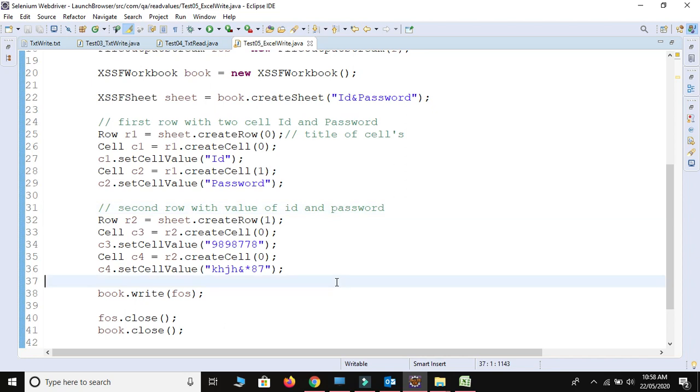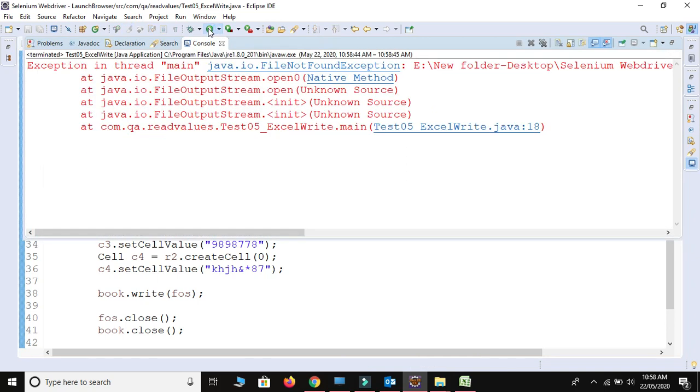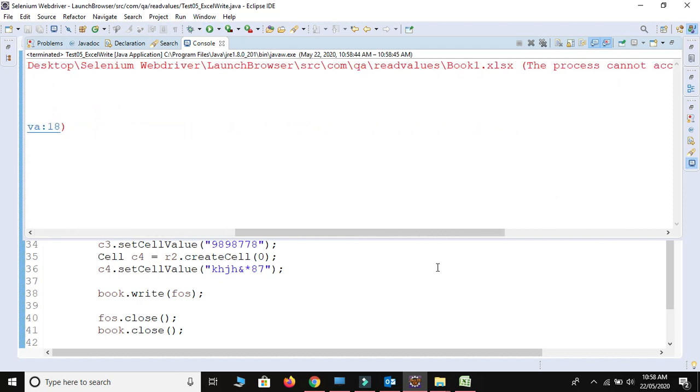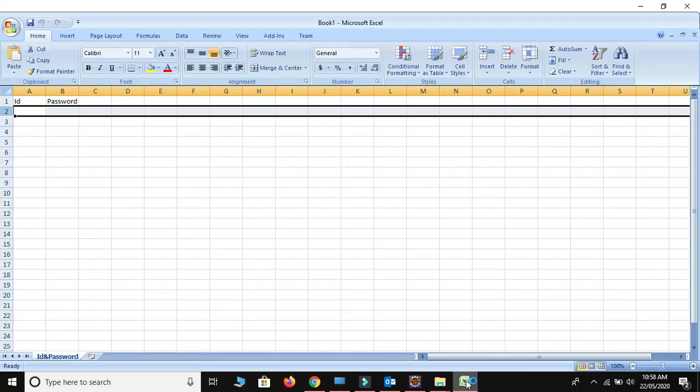So as of now we don't have any ID and password, so let me run this code. It will reflect new data. Okay, file not found exception. Let me close this one first of all.